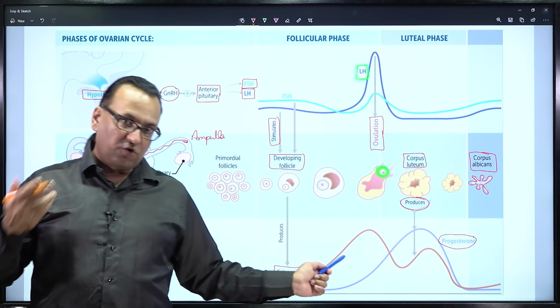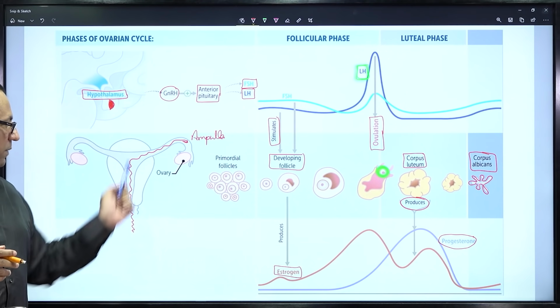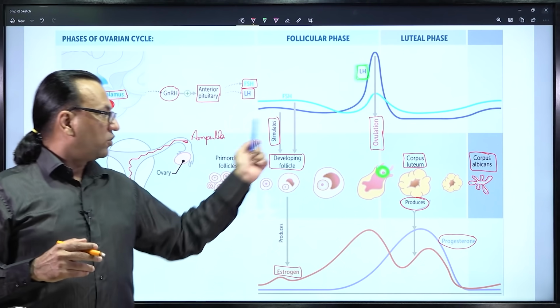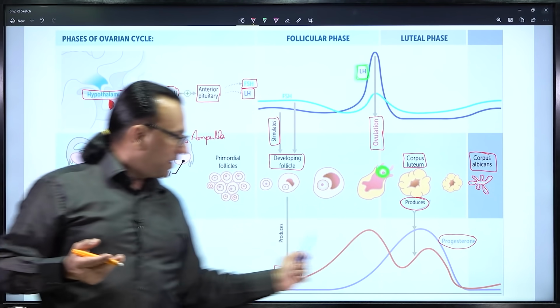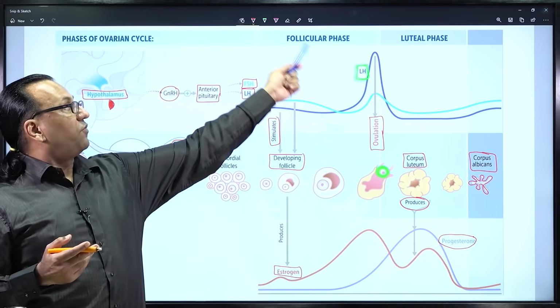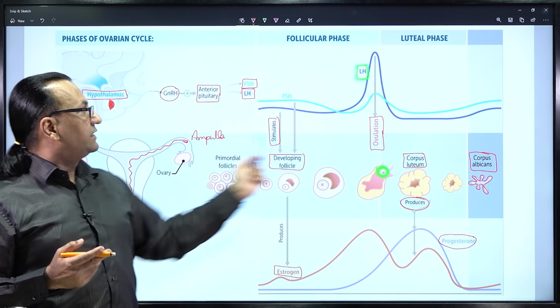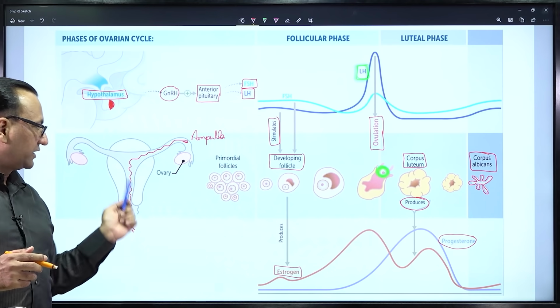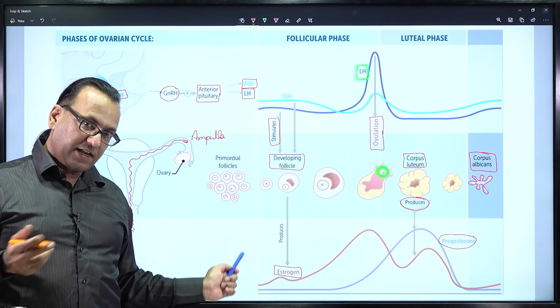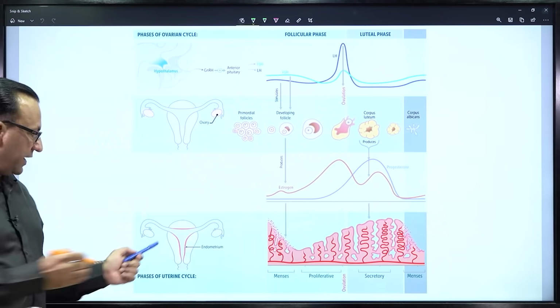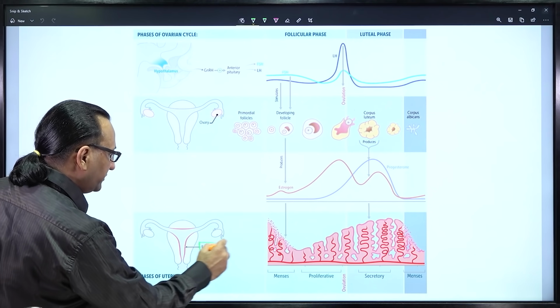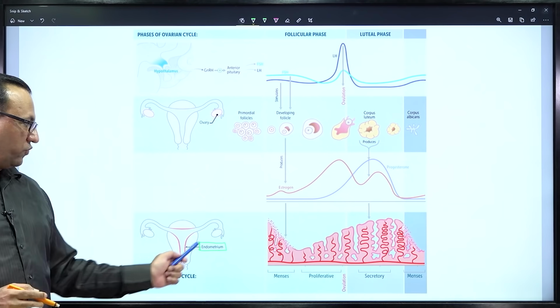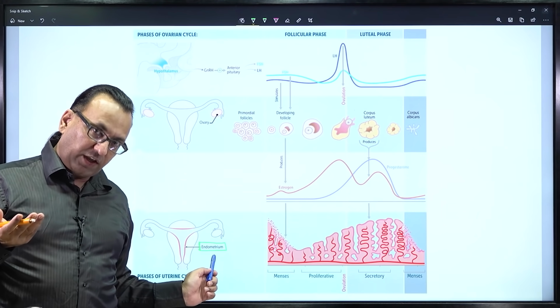Now let us look at the uterine endometrium also. What will be the effect of these hormones on the endometrium during the menstrual cycle? Here we have seen the follicular phase of the ovaries and the luteal phase as well. What about the endometrial phases that can be seen in the next diagram now? So here, as we said, it is the uterine endometrium which is getting ready for the implantation of the conceptus